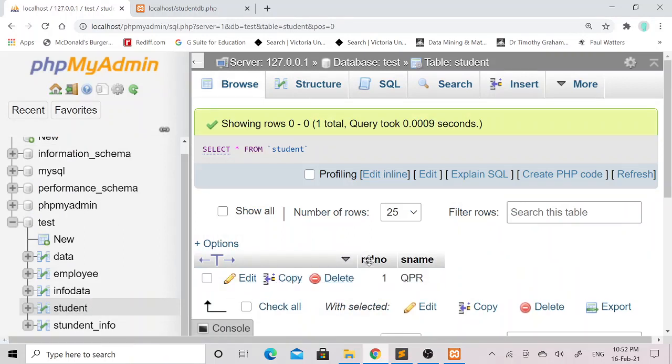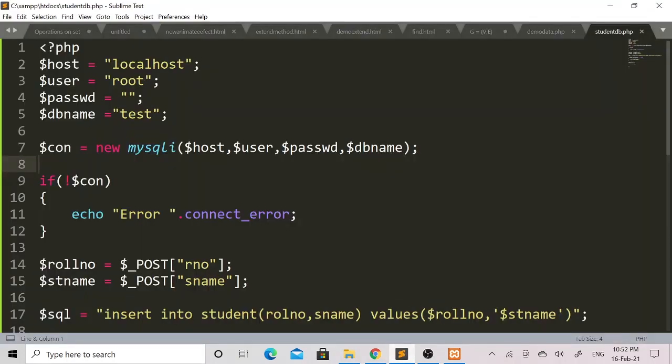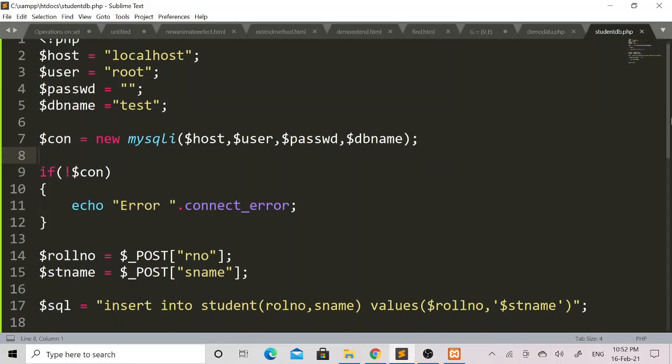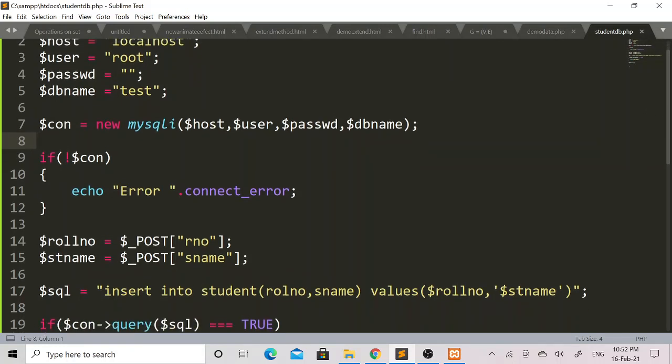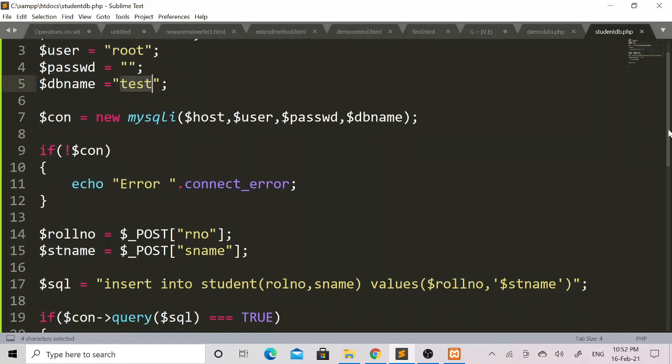You can see that roll number is 1 and in the sname column the value is QPR. So in this manner I have successfully inserted the values entered by the user in the registration form into the student table, which I have created in the test database of the MySQL database.